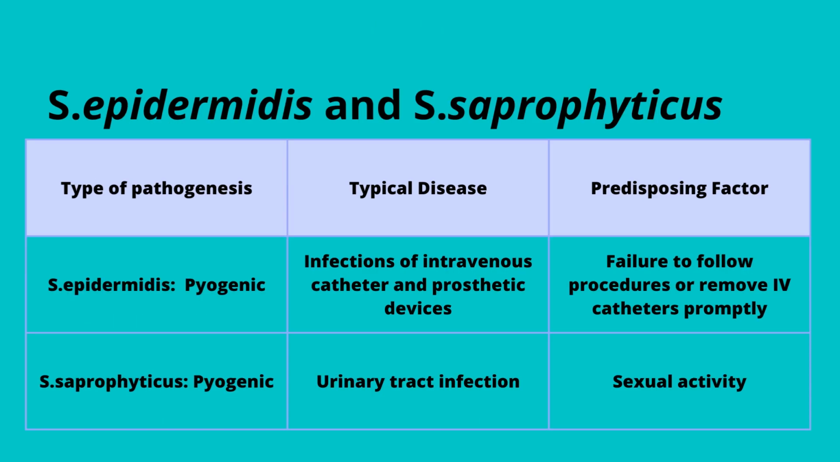So the disease of Staphylococcus epidermidis is basically pyogenic. It causes various infections at implant sites. For example, at IV catheters, it can cause endocarditis at prosthetic valves. It can cause renal implant infections. At joint sites, it can cause osteomyelitis. And the disease of Staphylococcus saprophyticus is basically urinary tract infection that is common in sexually